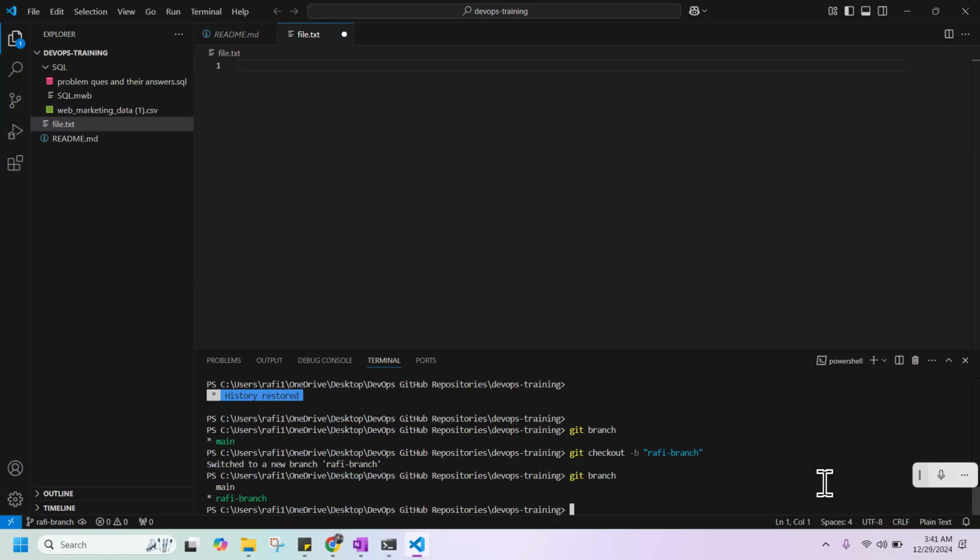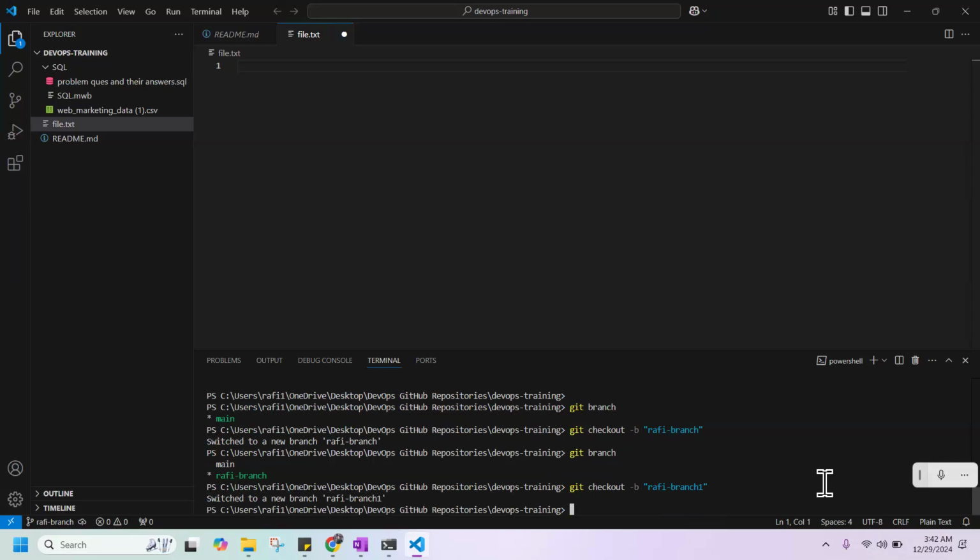And now I want to create another branch. So how can I do it? Git checkout, minus B, double quotation marks.